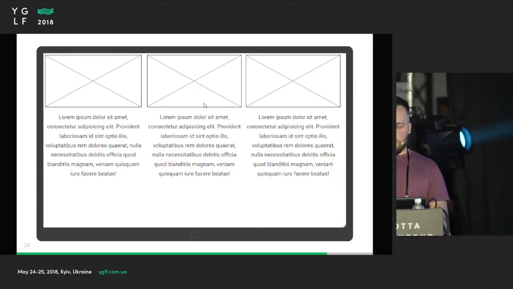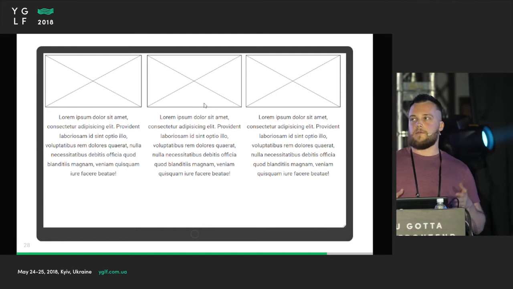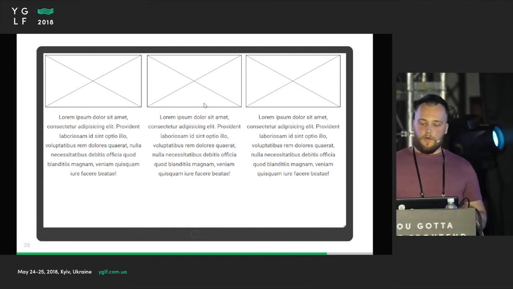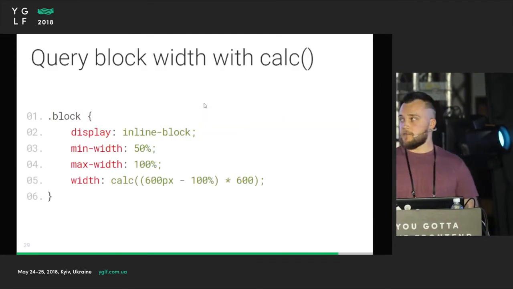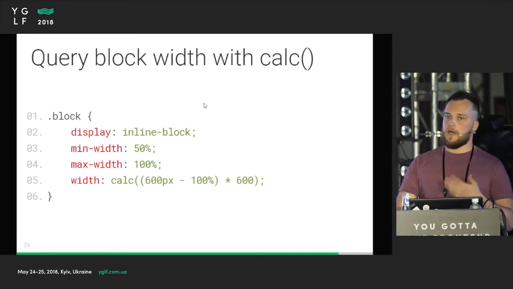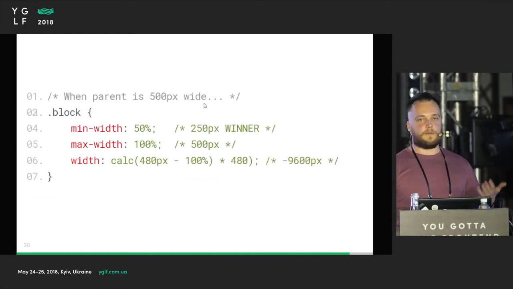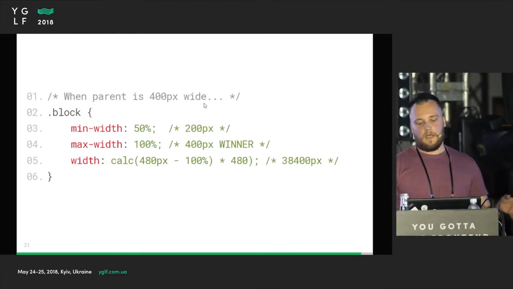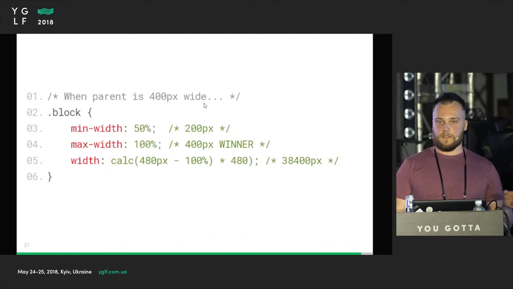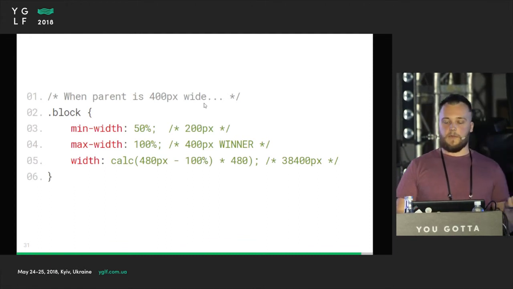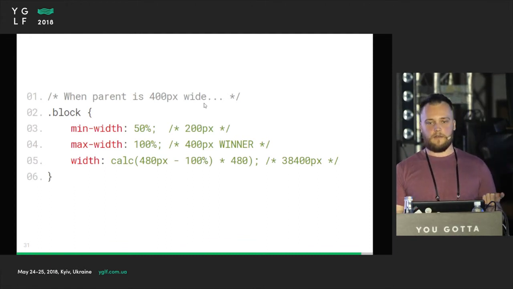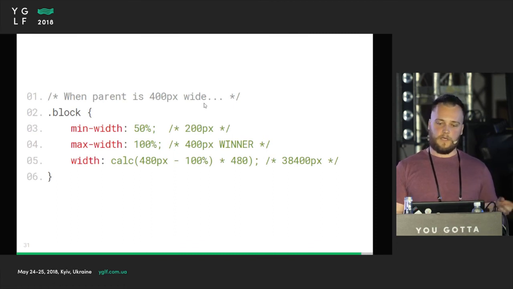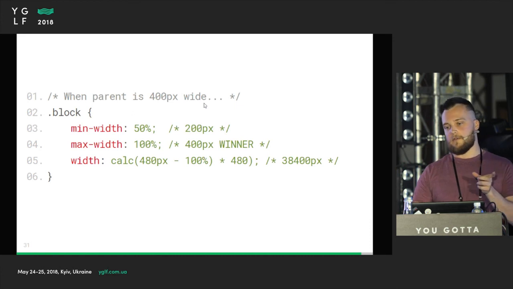Another way is a fake media query with calc. It depends not on the viewport width, but on the parent block width. This expression may be complicated, but the main idea is that widths become very small or very big, and depending on that, the block uses min widths or max widths. This approach will work in emails, and if, for example, you don't know where the block will be, in the main column or in the side